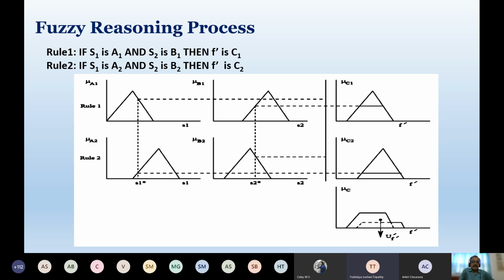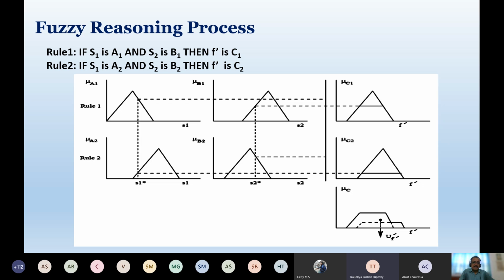Sir, but two different triangles were combined together to form a smaller triangle. See, the ranges could be different, but I can divide the different ranges into an equal number of parts. For example, in one variable the range is say 1 to 10, and I can divide it into 4 equal parts. Another range is 50 to 500, and once again I can divide it into 4 equal parts. The number of parts will be kept the same, although the ranges are different. The numbers have to be the same, but the range can be different. Exactly.